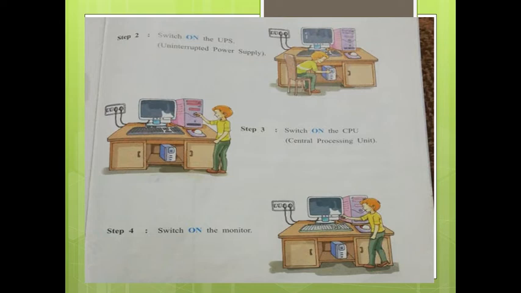If you directly put in the charger, maybe a small circuit spark will come, and you can't see the fire inside, so maybe it will be damaged. So check whether the switch button is off or on. If it is on, you switch it off, then plug in whatever you want, then switch on. Okay, so second step, switch on the UPS.